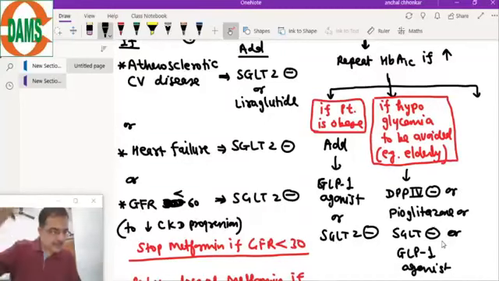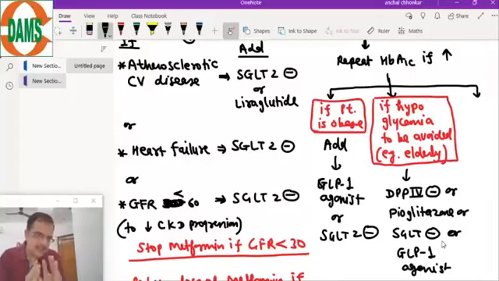Why not metformin? Metformin was started in the beginning, so metformin was not effective in our patient, so we have to add another agent, as HbA1c is still high. Does metformin increase the sensitivity of insulin and cause weight gain? No. Metformin causes a slight weight loss because of loss of appetite, because of GI side effects.